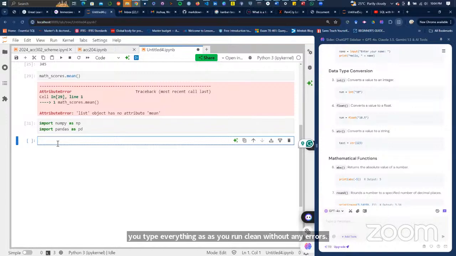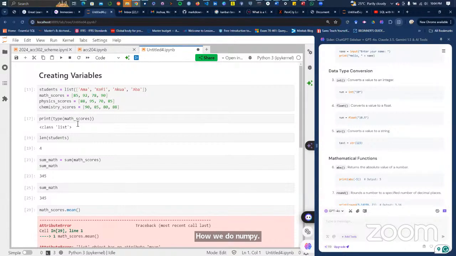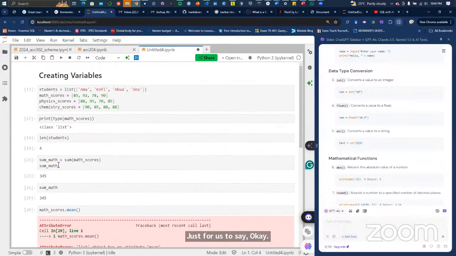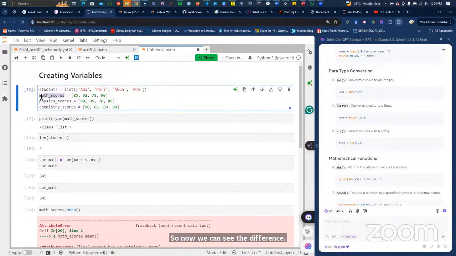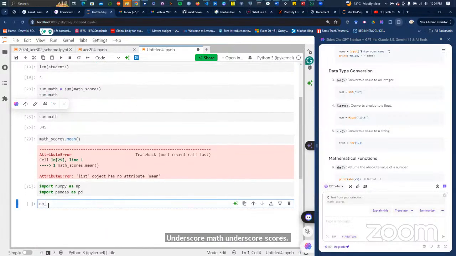So now let's see how we do a NumPy array. The same way we did the list, we could have created the same list as a NumPy array. So let me prefix this with NP, just for us to say, okay, I am recreating this math scores into a NumPy array form so that we can see the difference. So np_math_scores, in other words, the NumPy version of that same list.